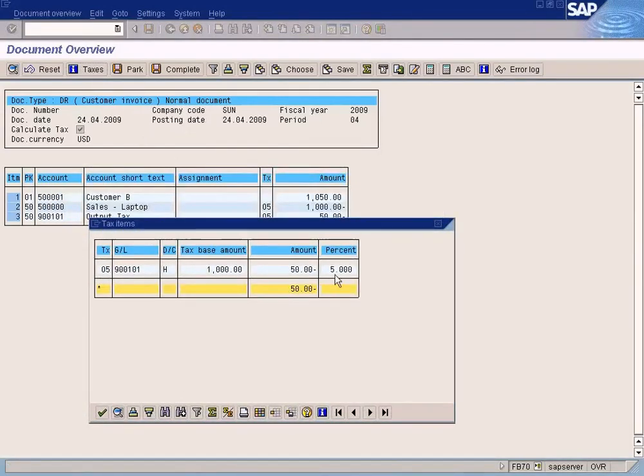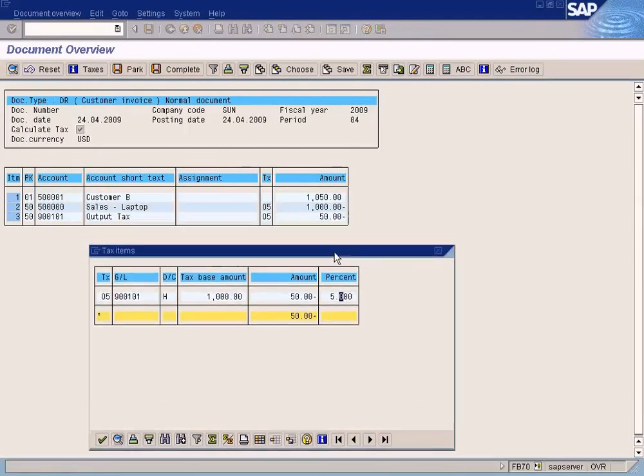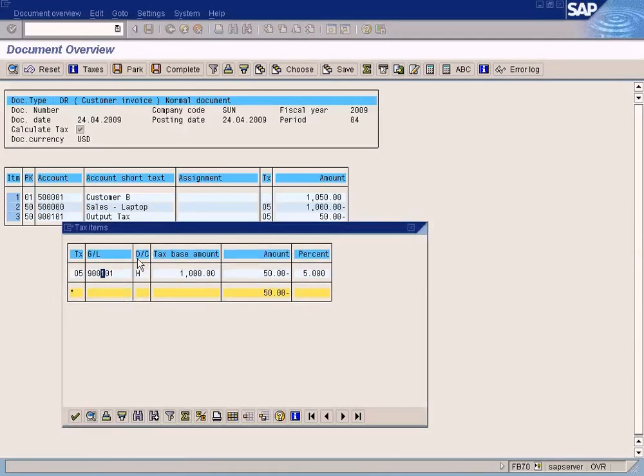5% is $50 of $1,000. We click on the tax button here. You can see what is the percentage used to calculate the tax, which is 5% of $1,000, which is $50, and which tax account it will be posted to. You get to see the tax percentage here. Tax percentage is not shown here. Alright,